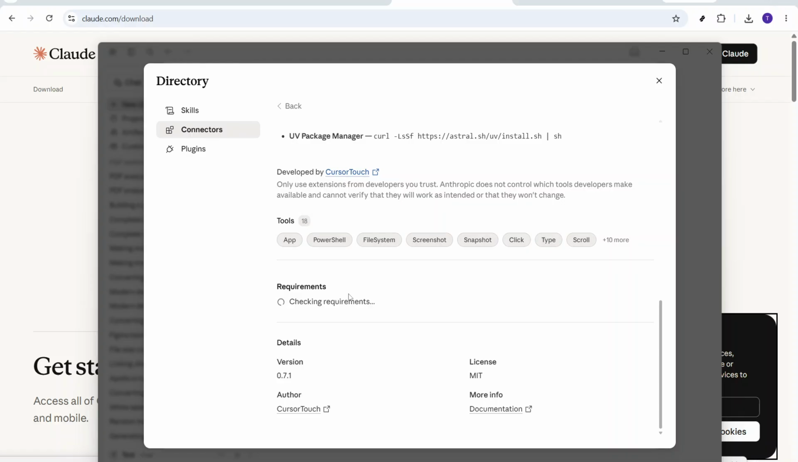And there you have it. By following these steps, you should now have an MCP server up and running on your Claude Desktop. With these new